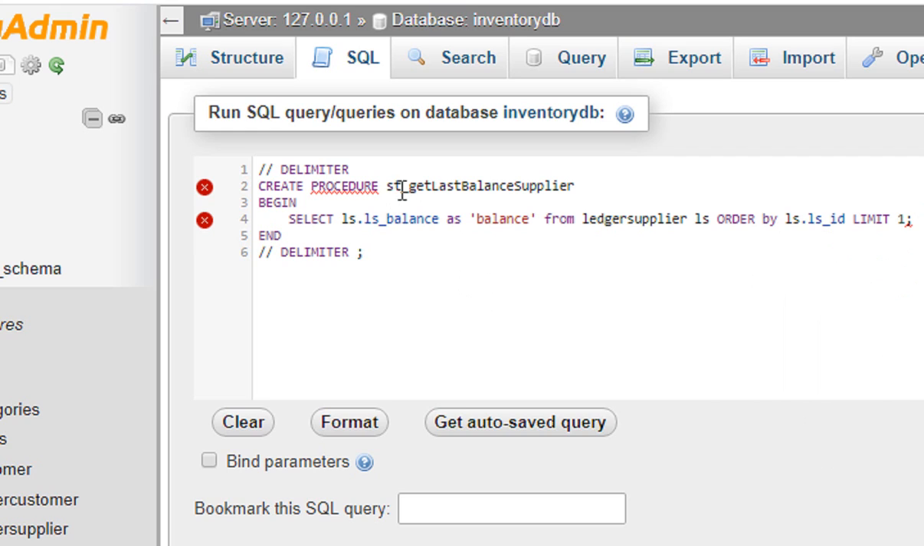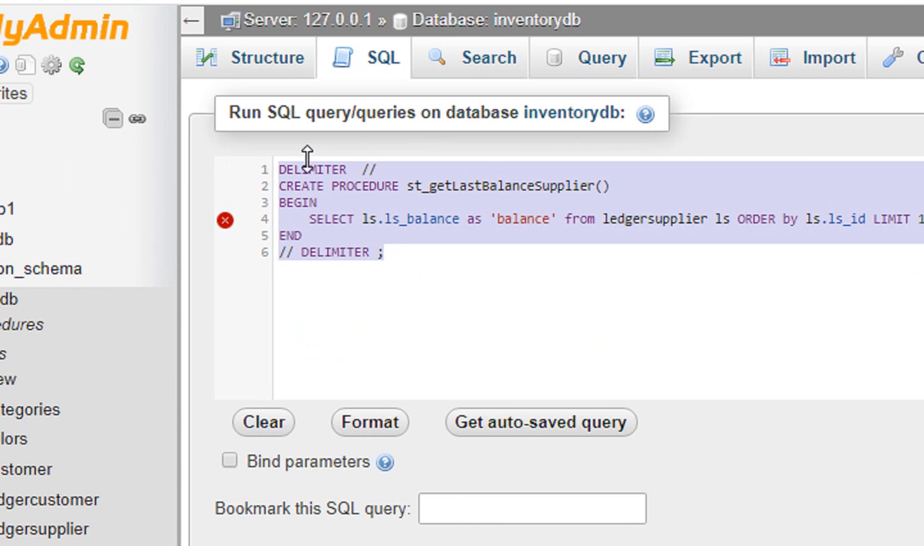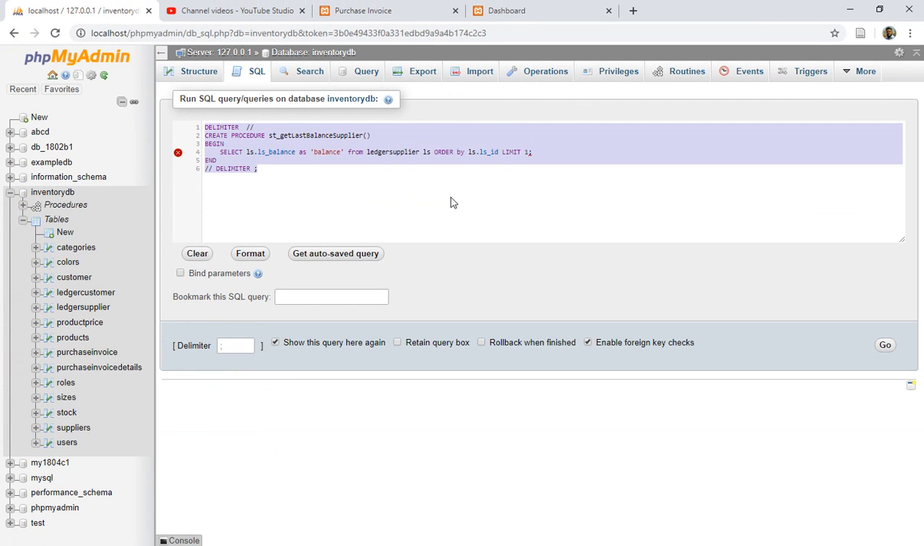So that's the thing that I need to do, and then semicolon, okay. Create procedure, and the round brackets are missing, okay. I have added the round brackets. Create procedure, procedure name, and what it is saying to me, okay. So this is the issue, because we have to write delimiter first and then forward slash, that's fine. So that's my whole query for getting the last balance of the supplier. So let's execute this stored procedure, copy this out and execute,